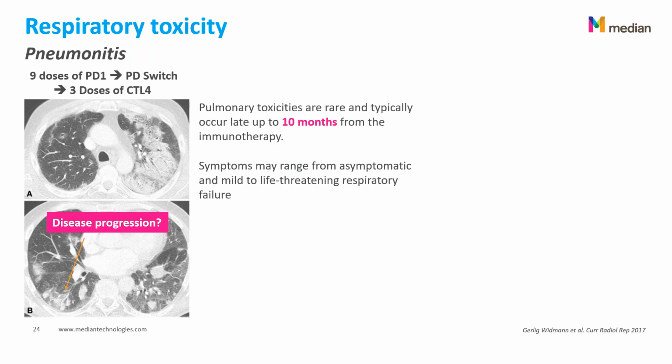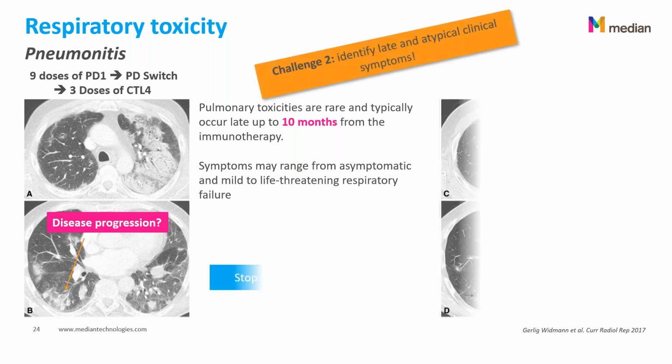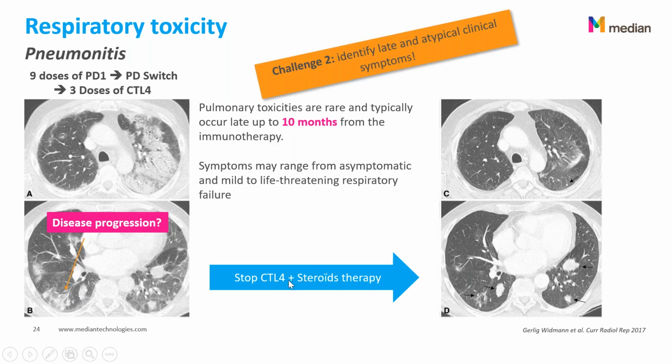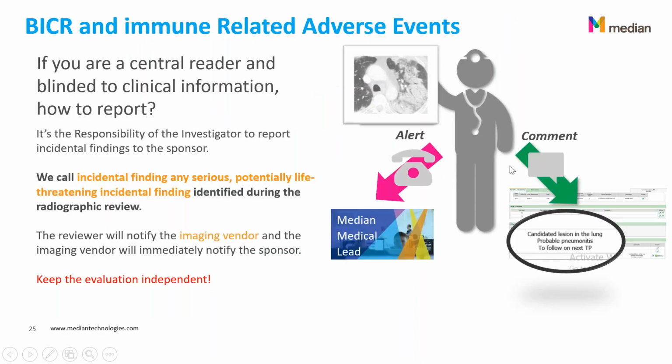So it's sometimes really difficult to think that it's an adverse event because we are late in the treatment, but actually, and it's the case for this patient, you can see that this pneumonitis occurs 10 months after the introduction of the immunotherapy, and after the treatment has been stopped, we can see that the patient immediately got relieved from this pneumonitis. So I would like to insist on these immune-related adverse events and